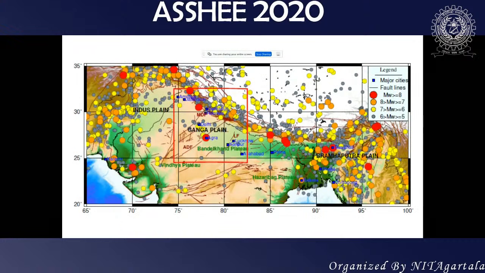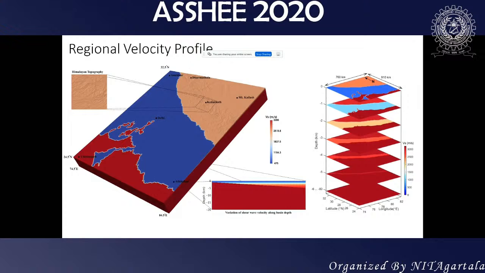We have developed the whole basin using the spectral finite element method. So this is one of the finite elements. We have modeled the entire Ganga basin itself, piece by piece. I'm just showing you one cube along the Delhi region. You can see Kedarnath is here and Mount Kailash is here. This is a 3D finite element model which we developed to understand these basin effects. And you can see the basin also goes like this.